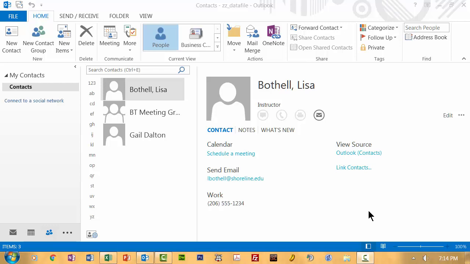Basically, you can export Gmail contacts into a comma delineated file. You can export other types of email contact lists you have that way, and you could build a contact list from scratch in Excel and then save it as a CSV, which is the extension for a comma delineated file. In any case, you can bring in contacts into Outlook from external sources, and you'll find it's